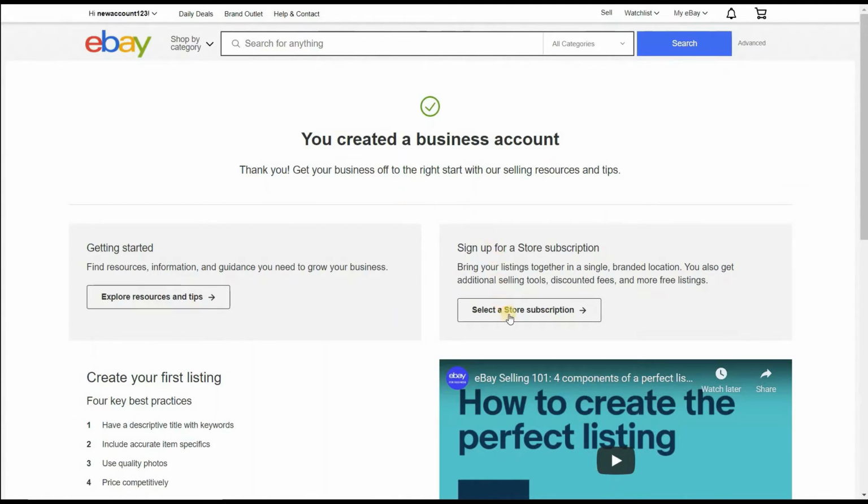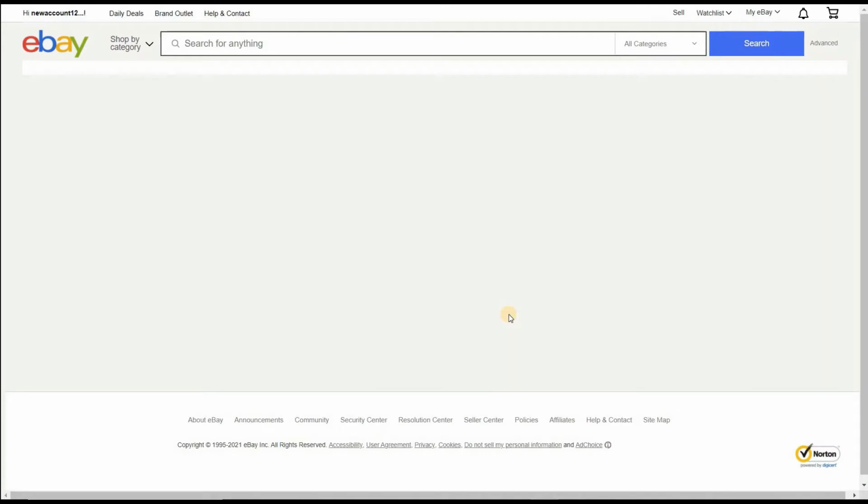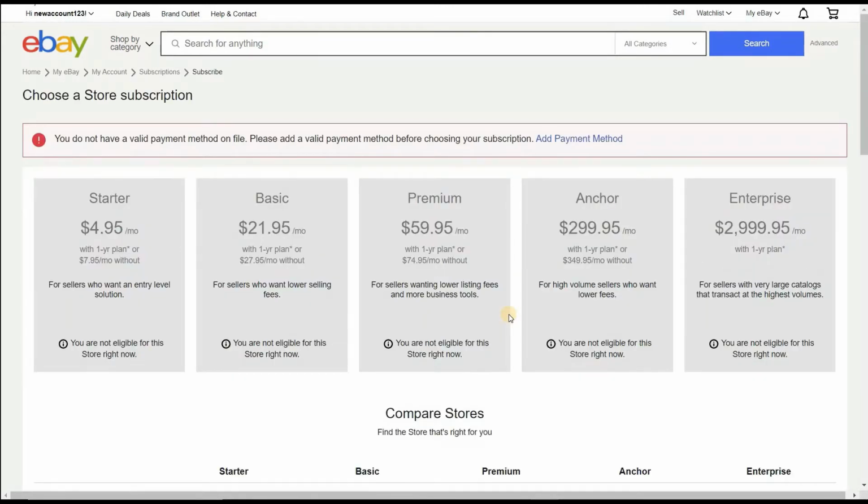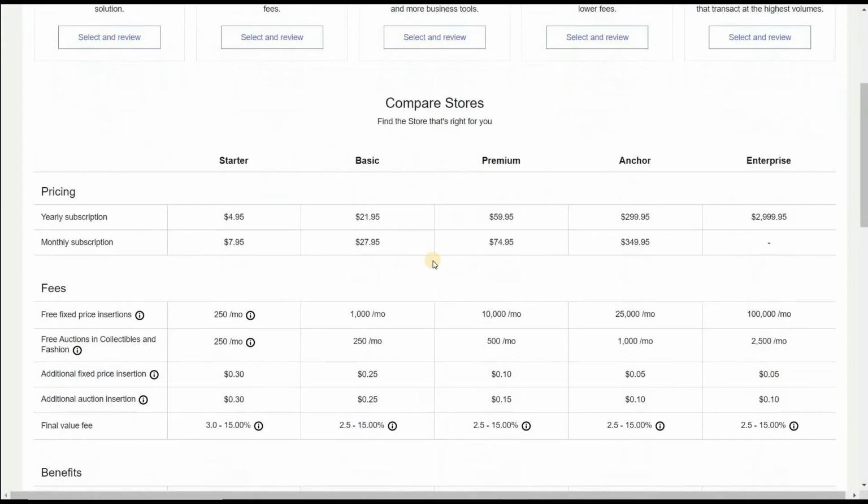First, let's take a look at our eBay store options. I recommend starting with a basic store, which costs $28 per month and gives you 1,000 free listings per month. Any additional listings for a month cost 25 cents each. Keep in mind that your listings will automatically renew each month. If you don't want to sign up for a store just yet, that's fine. You will get 200 listings for free, even if you don't have a store.